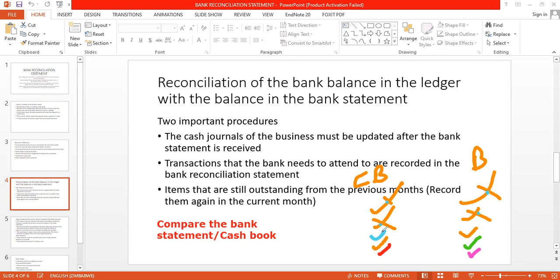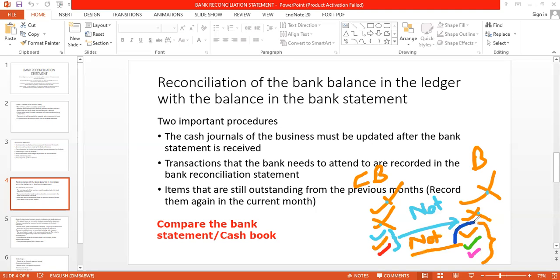Then we are now left with these 3 transactions here. And we know that these 3 transactions are not in the bank statement. Then we've got also these transactions here, they are also not in the cash book. So the procedure is to, first of all, we must